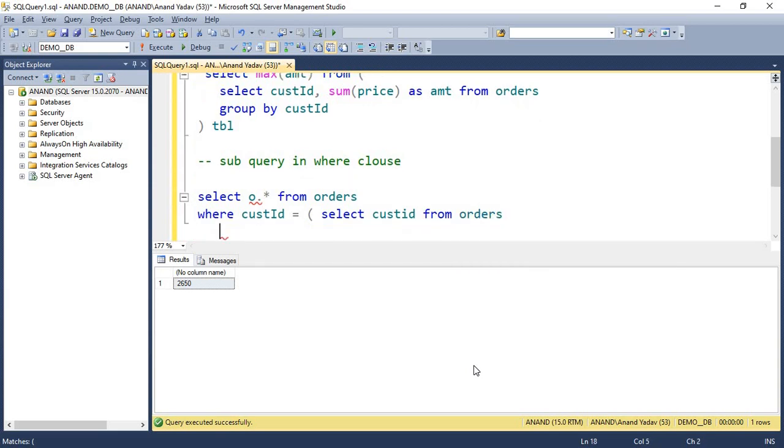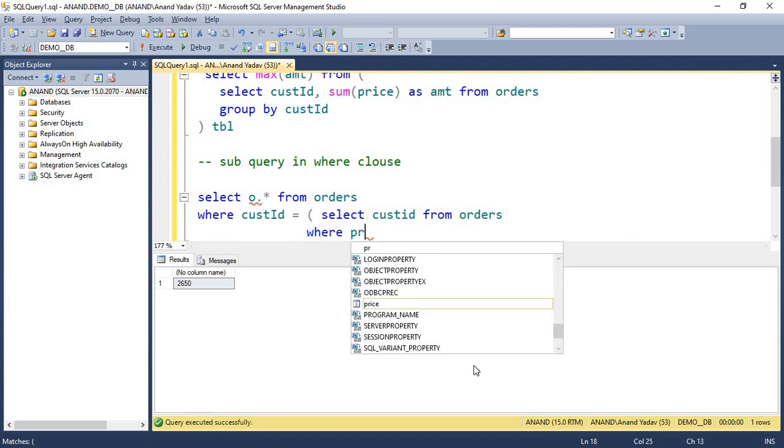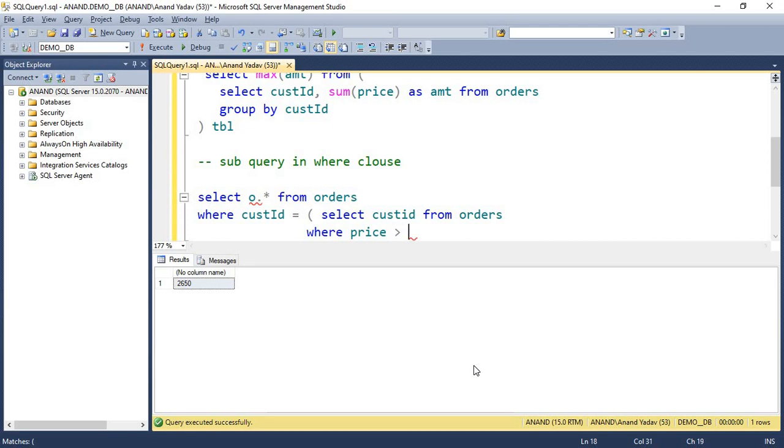Now my filter condition will be WHERE price is greater than 500. I will name the alias O, and let's see the output.